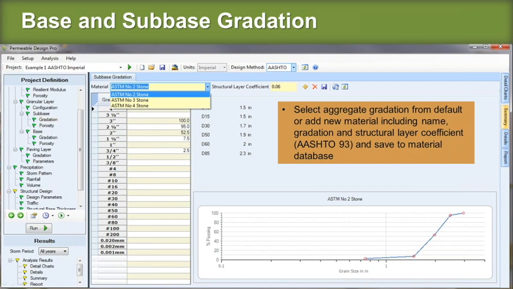Or if you go to California, when we were building this thing in Davis, and you say, "I want some ASTM number 2 or 3," they go, "What? That stuff? Yeah, we call that entrance rock." Or it's typical of things like railway ballast, which is about the same sizes. You don't need to use the defaults. You can enter your own, add them to the database, put your own gradations in, whatever